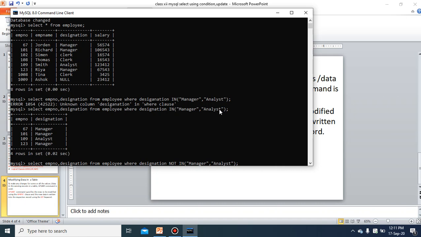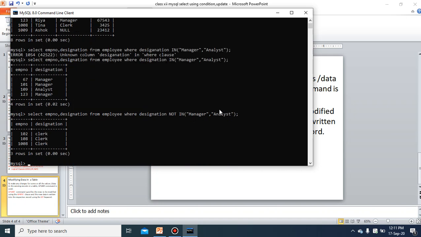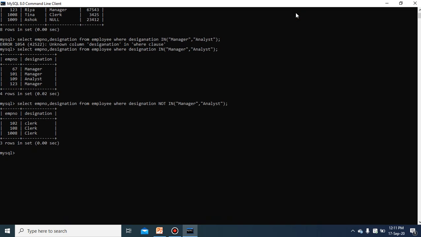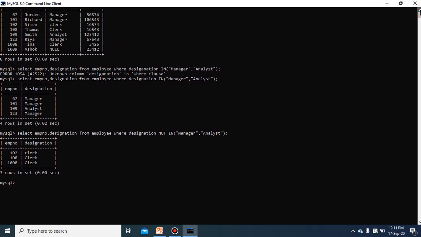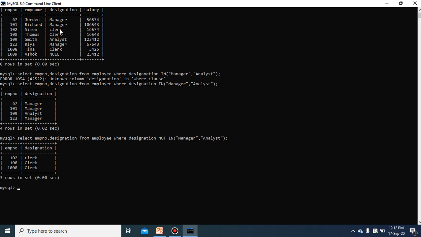Operators, keywords, clauses, we generally write with capital letters. Not in: the employees who are not manager or analyst, only those will display. So the clerks, there are 3 clerks, only these clerks are displaying, as you can see here. Leaving manager and analyst, only clerk is displaying. Null is there in the designation, so it is not going to display.